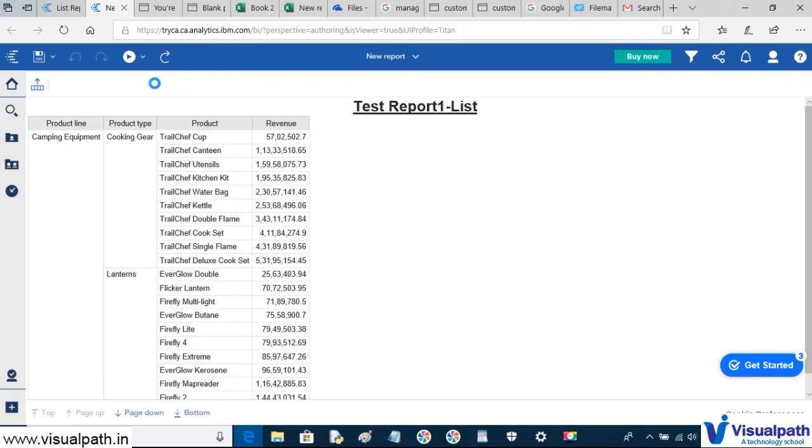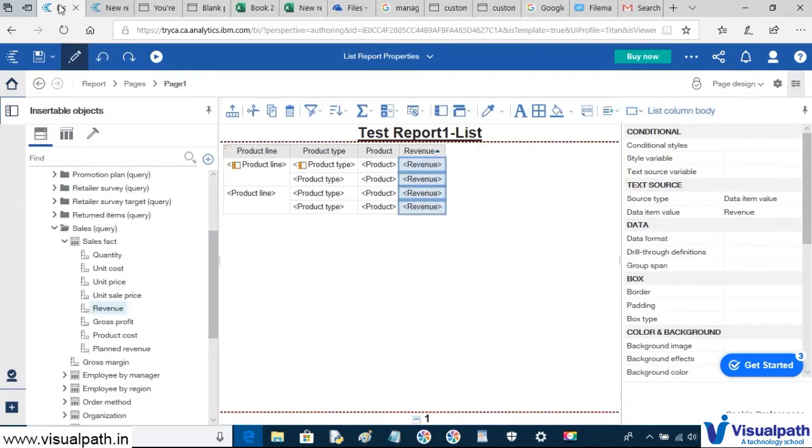Okay, so now you can see that the data is arranged in ascending manner based on revenue. Now let's try to apply the group span.